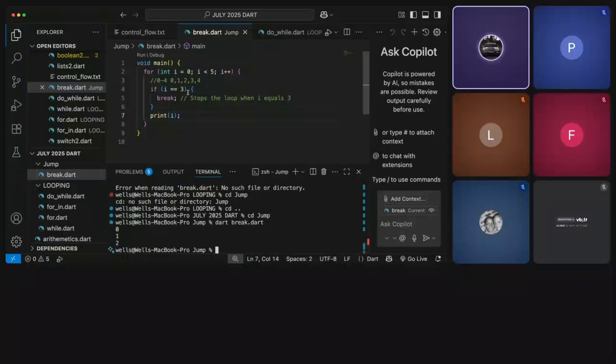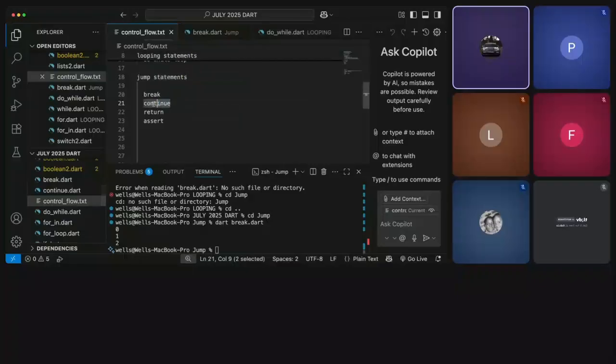Correct. That's the break one. It will break the loop once that condition has been met. Let's move to the next one, which is continue. Continue inafanya kazi gani? Now, the continue statement will skip the current iteration of the loop and proceed to the next iteration. It is often used within the for, the while, and the do while loops to bypass specific conditions without